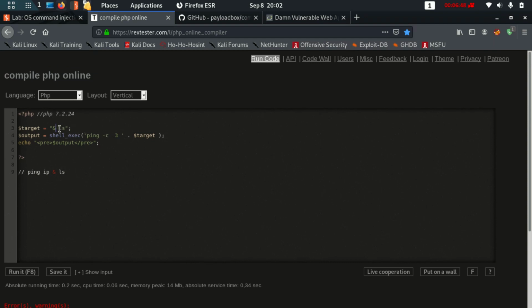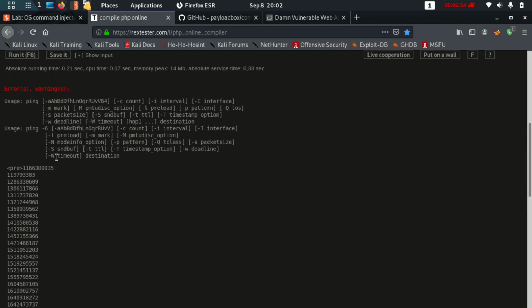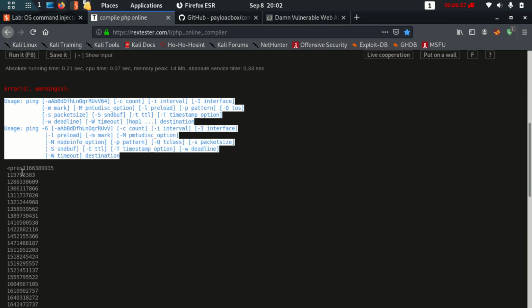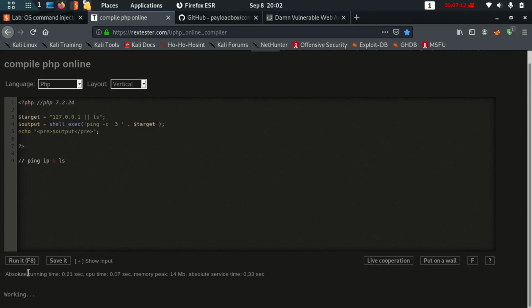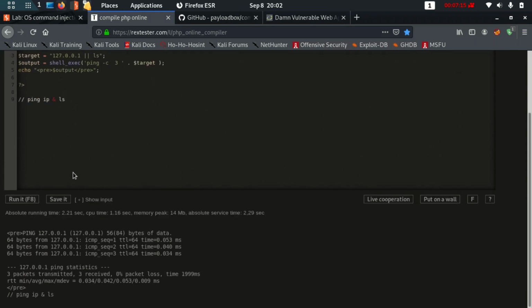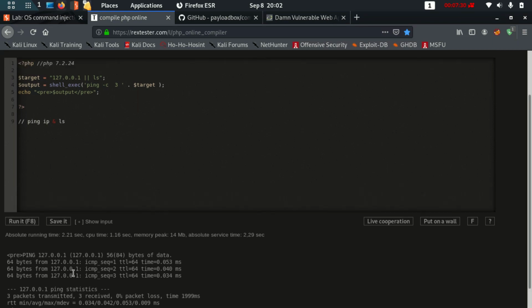While rather than AND, if I do OR and now I run it, see, it gave us the error in the first, but it at least ran the second one. So why don't we always use OR? We do not always use OR because when you actually enter a proper IP, it won't run the second one. If you are giving a proper IP as the first one, what OR will do is that the first command is true, it worked, so it doesn't need to go to the second command. So again, ls did not work, it did not go to that part because the first command was already true.